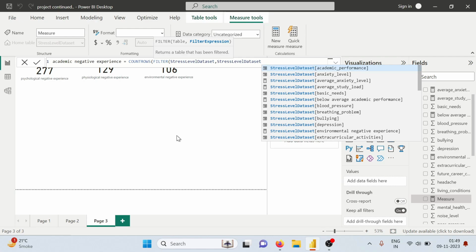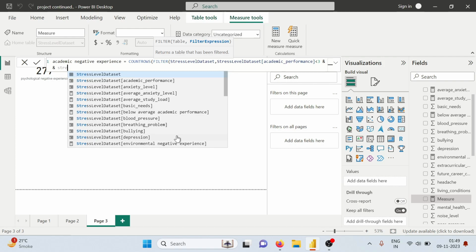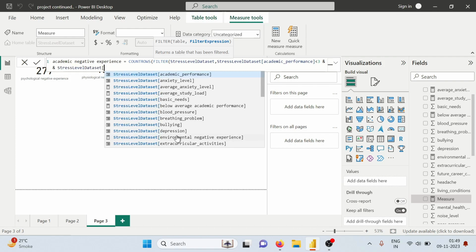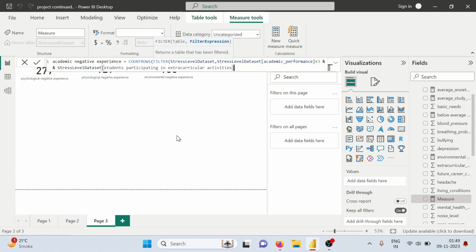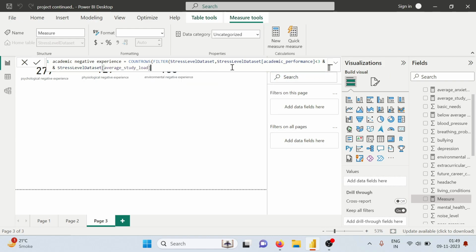First column is academic performance less than 3, and the next column is study load greater than 3, and